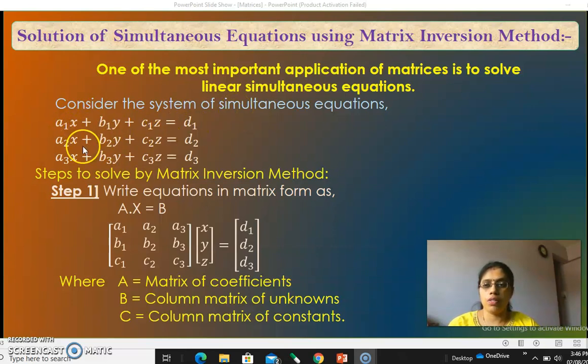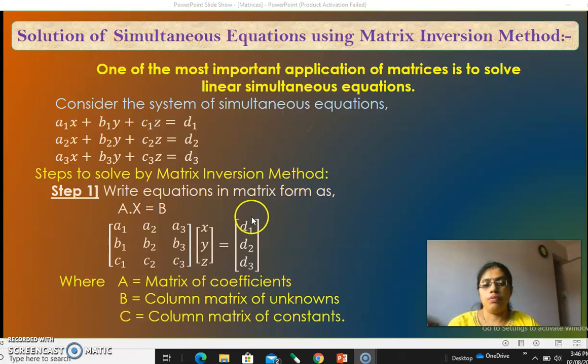After that, see, these are the three equations here. So equations are 3, so there must be 3 unknowns. The unknowns are x, y and z. Now we have to solve these simultaneous equations using matrices. Solve means what? We have to find the values of the unknowns. What are the unknowns here? The unknowns are x, y and z. So we have to find the values of x, y and z after solving these equations using matrices.